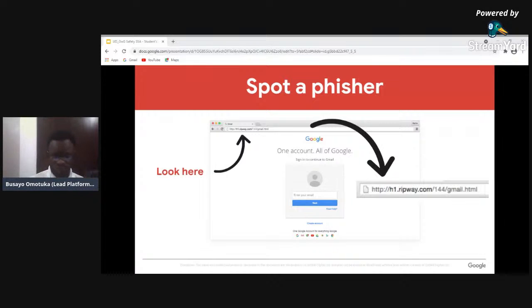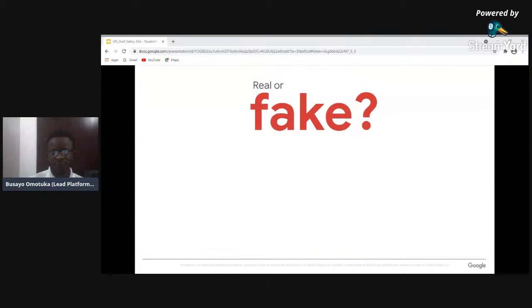So this will take us to another game. This is going to help us determine if a particular platform is real or fake, and these are the things that can let you know if a particular site is real or fake. So the first one is